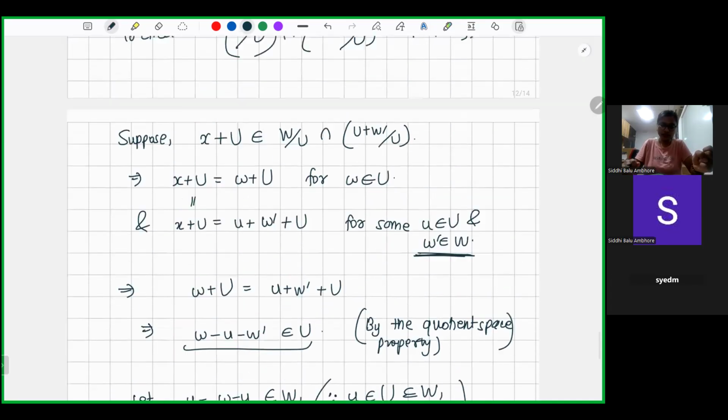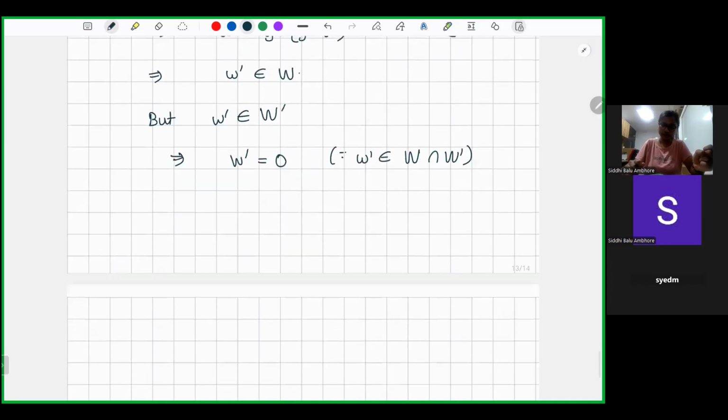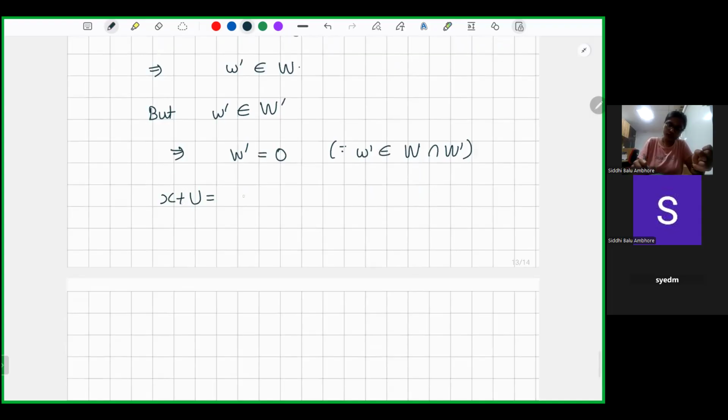And from this, once I have this, then X plus U, which was U plus W dash plus U, since W dash is 0, this X plus U will be U plus U. And this implies that X belongs to U, and hence